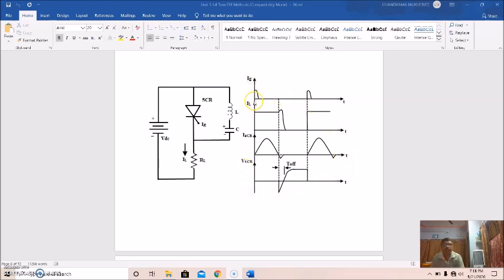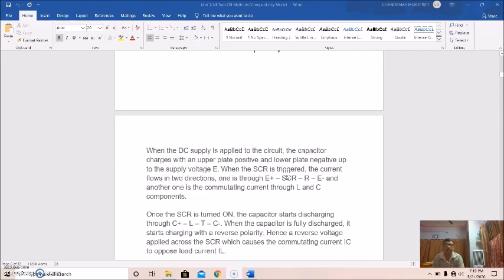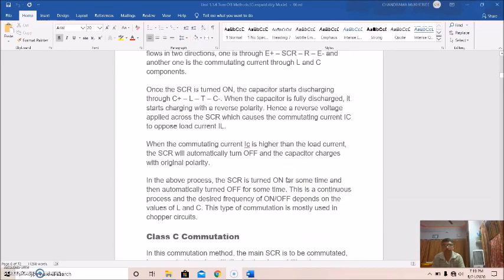waveform. This is the gate voltage waveform. This is the load current. This is the thyristor current. And this is the thyristor voltage. And at this particular time, this is the reverse voltage which is required for the recombination of the excess charge carriers at different layers. And after that, this is the load current. It comes to 0 at this point. So this time is the turn off time. Okay, so that's all about class B commutation.